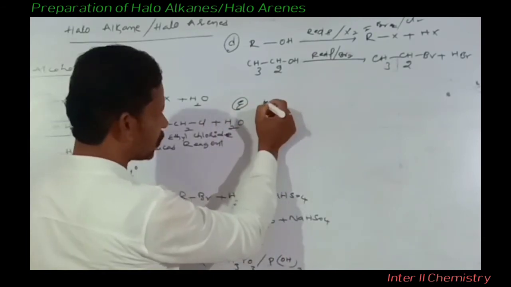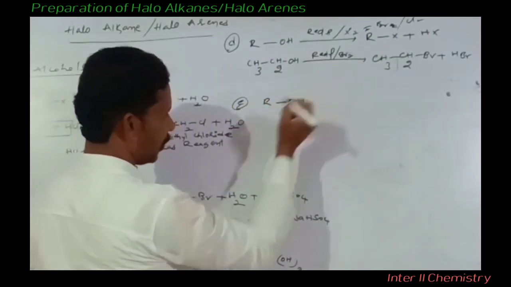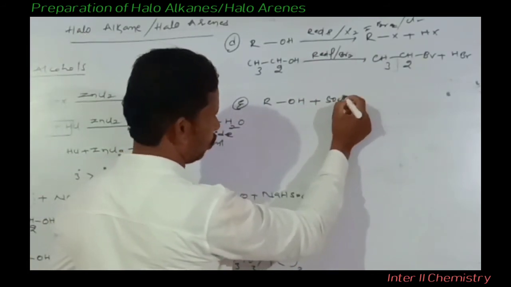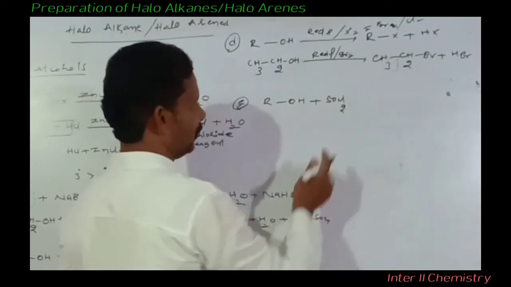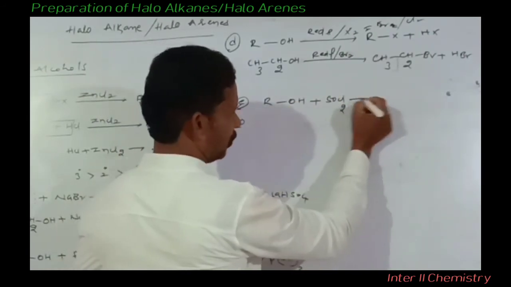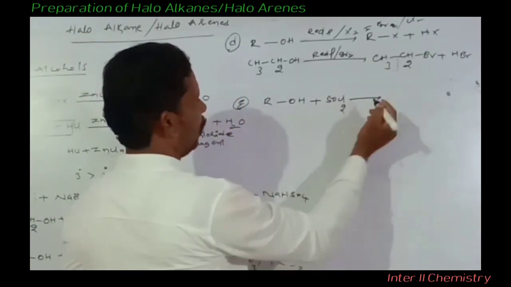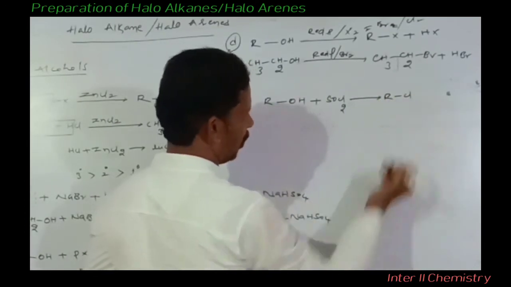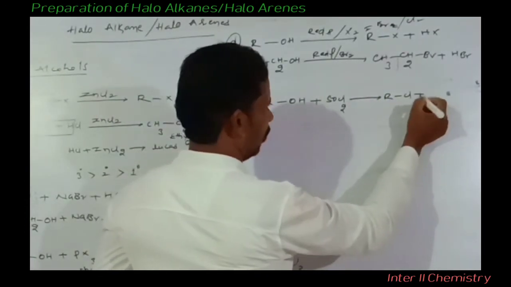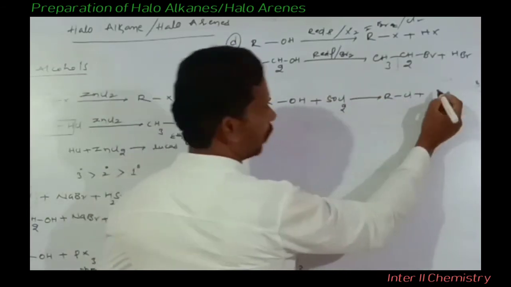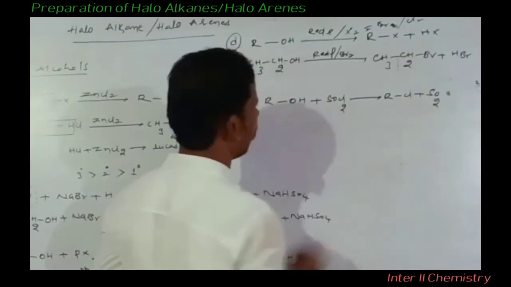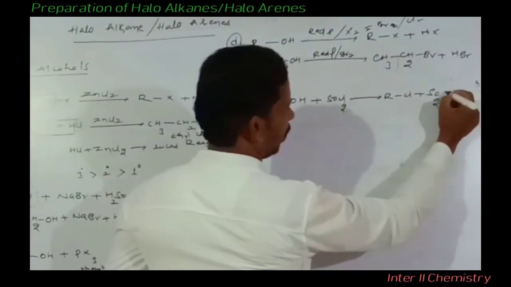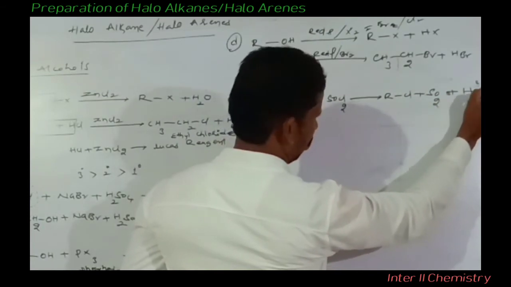Okay, alcohols react with thionyl chloride, SOCl2. You have to remember this reaction directly. What can we write? One halogen you write here, then R, so RCl, the alkyl chloride. Then the oxygen combines with the sulfur, so we write SO2. The remaining hydrogen is there, so we write HCl.